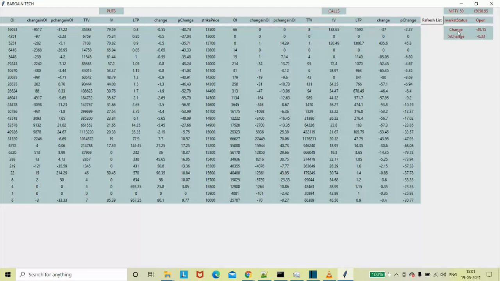But I have integrated it in this software. So you can just backtest it, and if there is something, you can update it here or just use it. And thanks for watching.